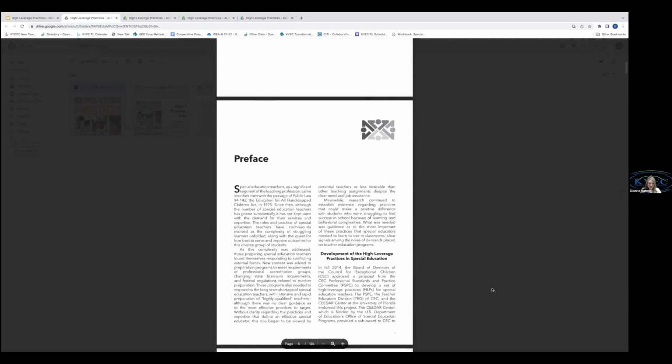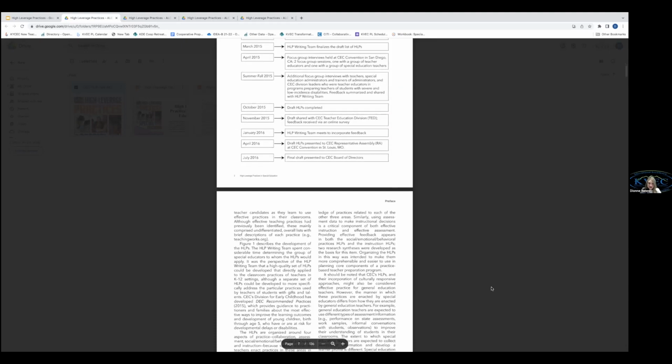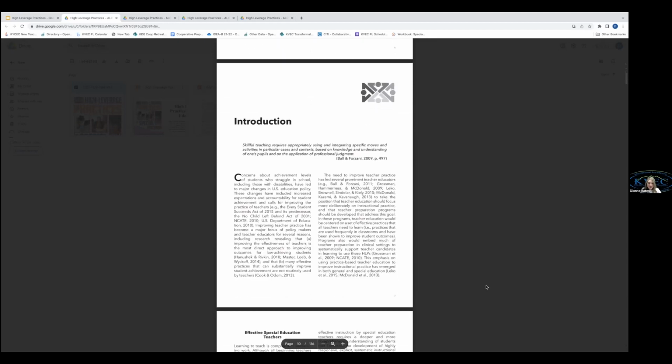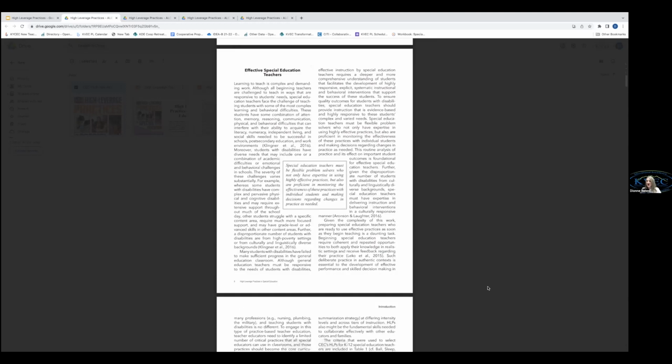I'll just scroll a little bit to show you a couple things in here. This is really about the development and the history of where high leverage practices came from. You'll see the research that says these are practices for effective special ed teachers, in the box in the center. It talks about special education teachers being problem solvers, and so we have to have such